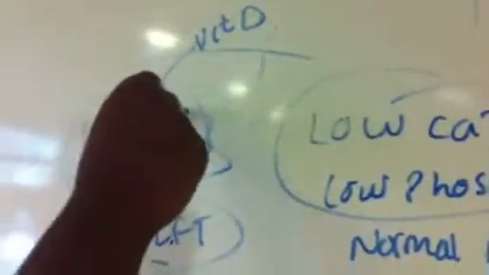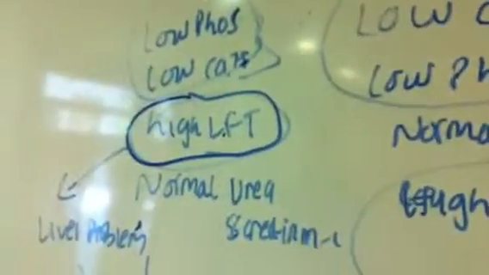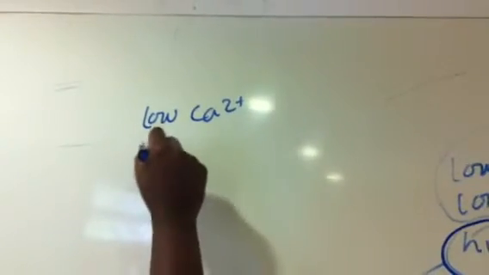However, if you have low phosphate and low calcium, look at the LFT. Sometimes this patient can have high LFTs, which tells you it's a liver problem, such as alcoholism or liver disease, and the kidney function can be normal. So this is a problem with 25 hydroxylation because the liver is not working. What about when you've got low calcium, high phosphate? This tells us